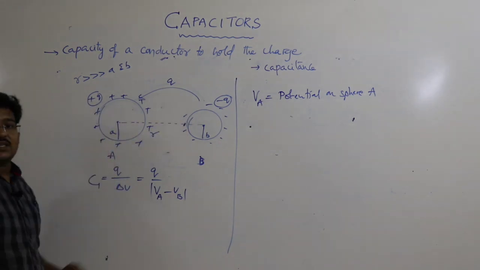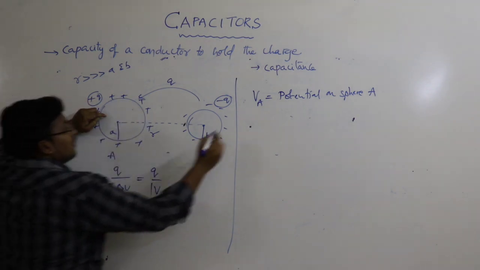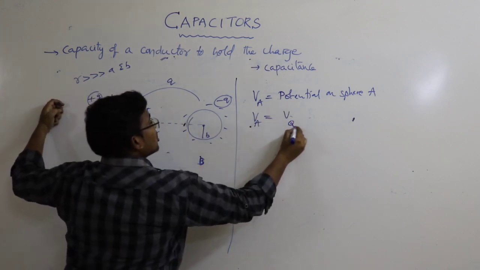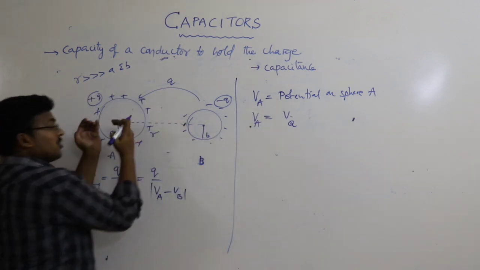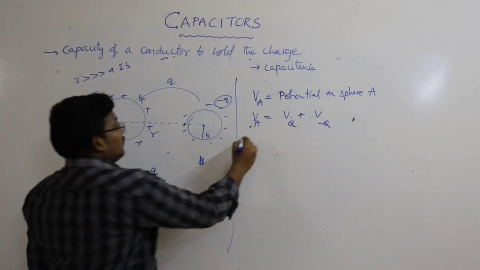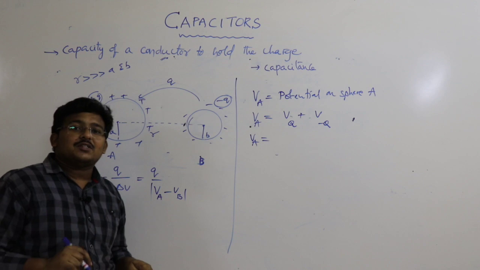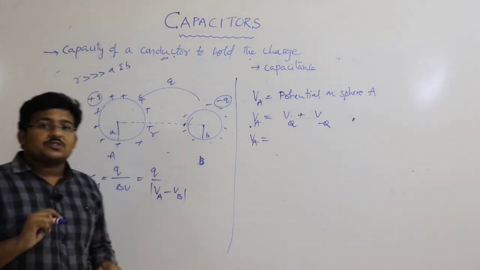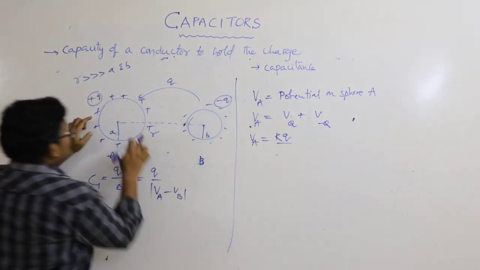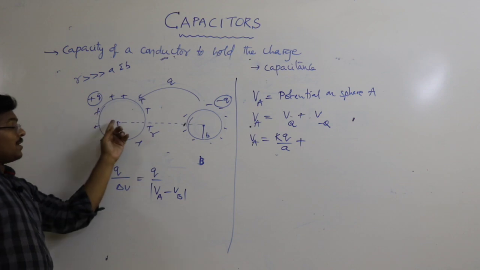Now due to these two charges, as we learned from electrostatics, the potential on body A is because of its own charge plus Q, and also because of the other one some potential will be there, so plus the potential due to minus Q. Now V at A is nothing but, what is the potential due to its own charge? It is a hollow sphere. You know that on the surface the potential formula is kQ by R. So k, what is the charge? Small q. What is the radius? A. So kq by A